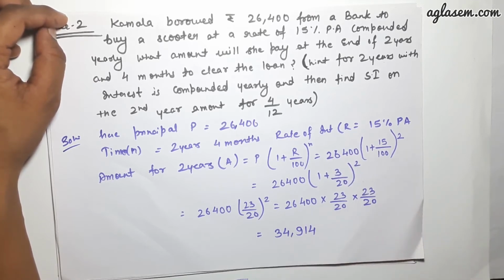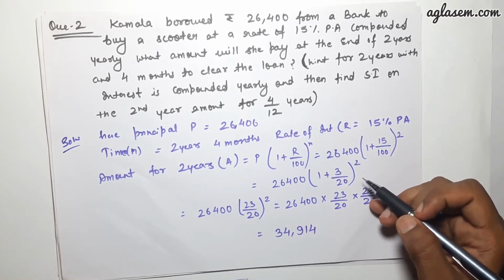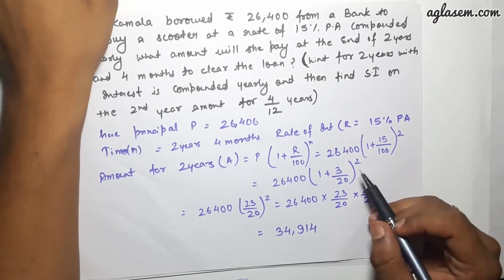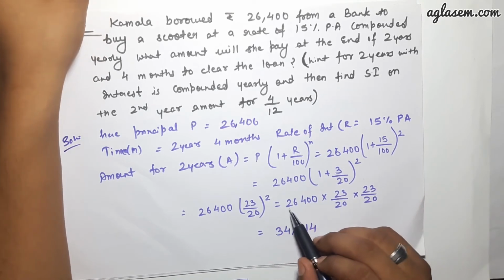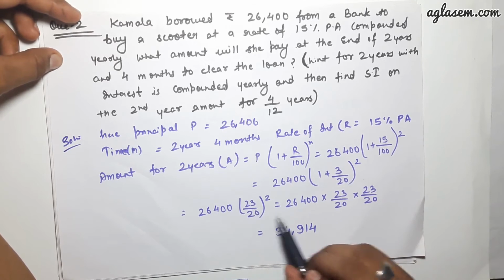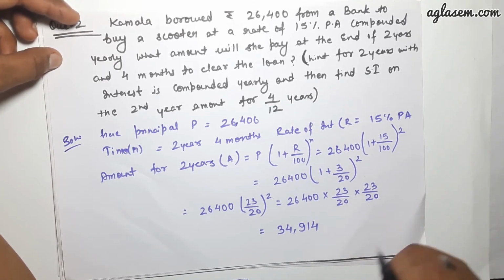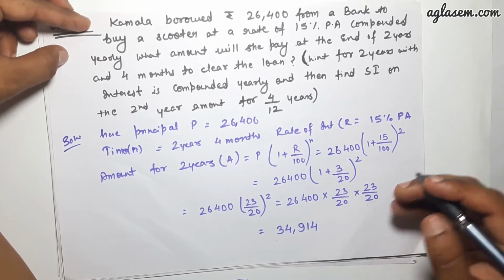After solving this, we get 26,400 (23 upon 20) to the power of 2 years, which is 26,400 into 23 upon 20 into 23 upon 20. So after solving this, we get the answer, that is